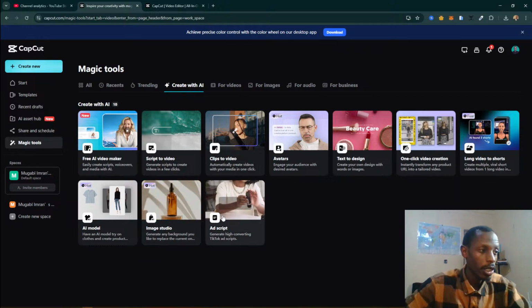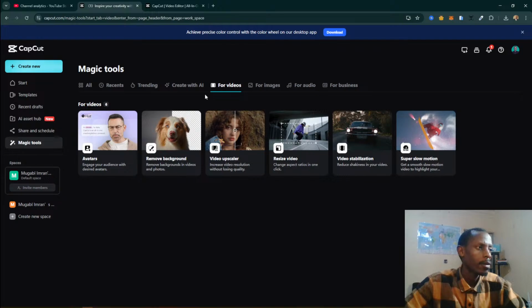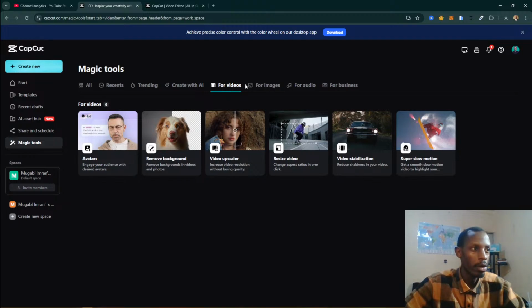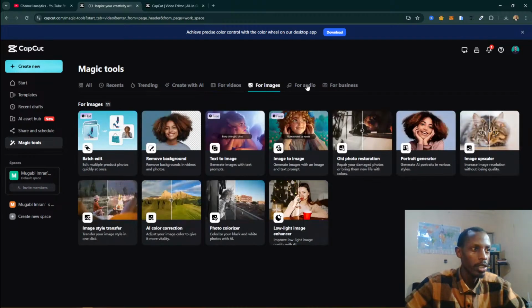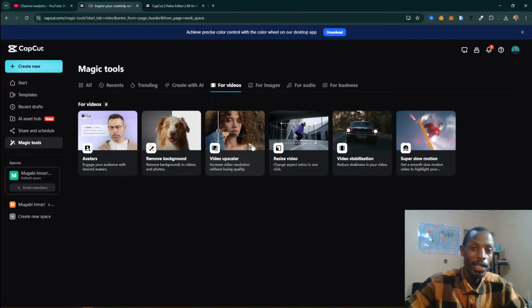and ad script, which helps you write ads. So we have seen all this from the Create with AI, but they have just broken them down into video, images, audio, and business. So for videos, we have the remove background AI tool and the video upscaler. If you have a poor quality video, you can upscale it to an HD video, even up to 4K